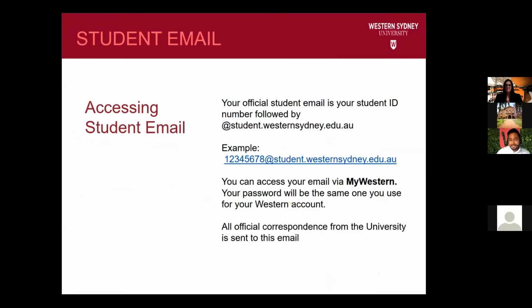Looking into the next slide, student email. Now, this is a very important part that you don't want to miss. Once you set up all of these, once you set up your enrollment, your timetable, you're officially a student of Western. And just so that we can keep the communication confidential between the university and the student, email is the most secure platform. Your official student email is your student ID, followed by